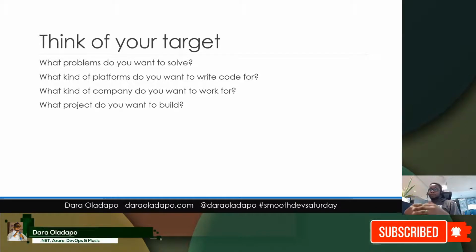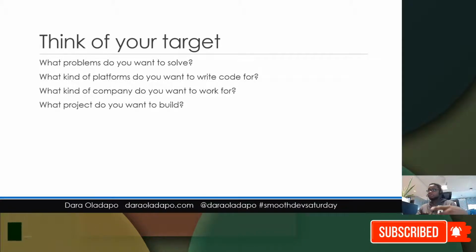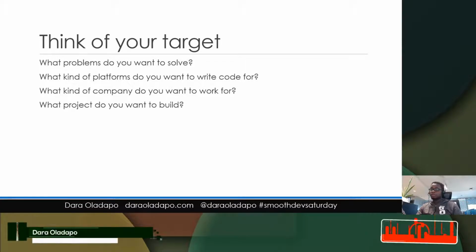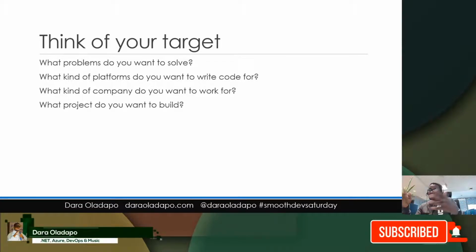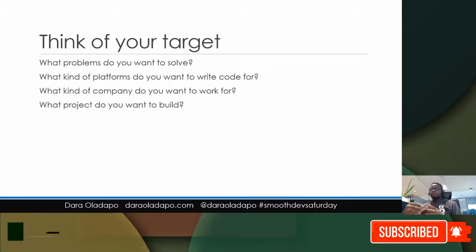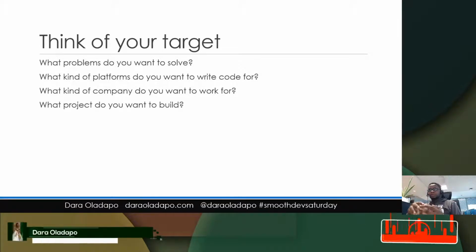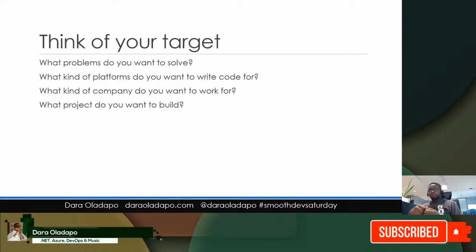If you're trying to go into the financial world with enterprise software, you'll have to know a programming language like X++, a mix of C Sharp, Java, and some other source all around it. So think of the problems you're trying to solve, and think of the platforms you're trying to write code for. So you want to write for Windows.